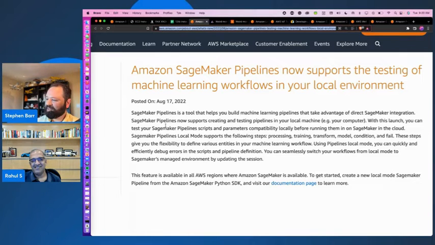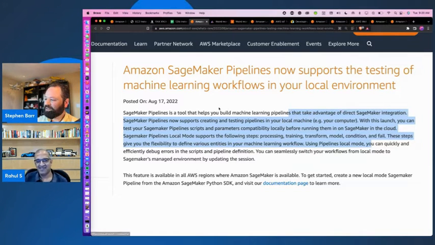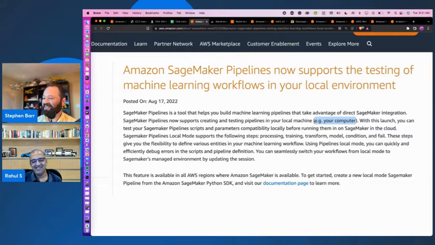SageMaker Pipelines is a tool that helps you build machine learning pipelines that take advantage of direct SageMaker integration. Pipelines now supports creating and testing pipelines on your local machine, e.g. your computer, to clarify what local means. Which they should, right? You say, wait, am I reading this right? You mean local as in my local region? No, they're saying the actual physical piece of hardware on your desk. Correct. So with this launch, you can test SageMaker pipelines, scripts, and parameters compatibility locally before running them on SageMaker